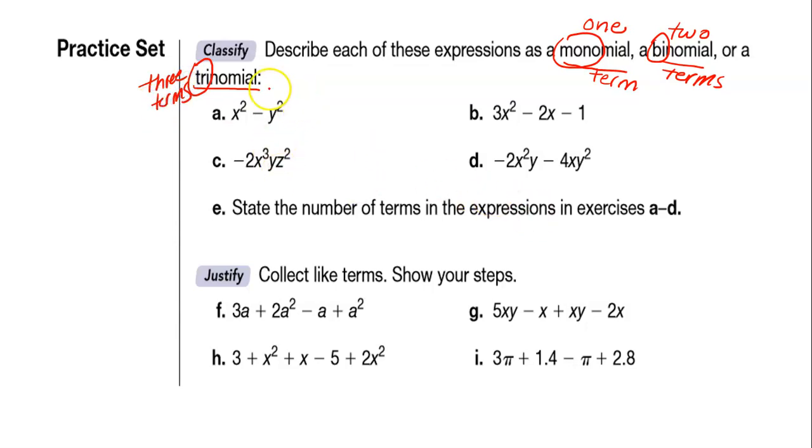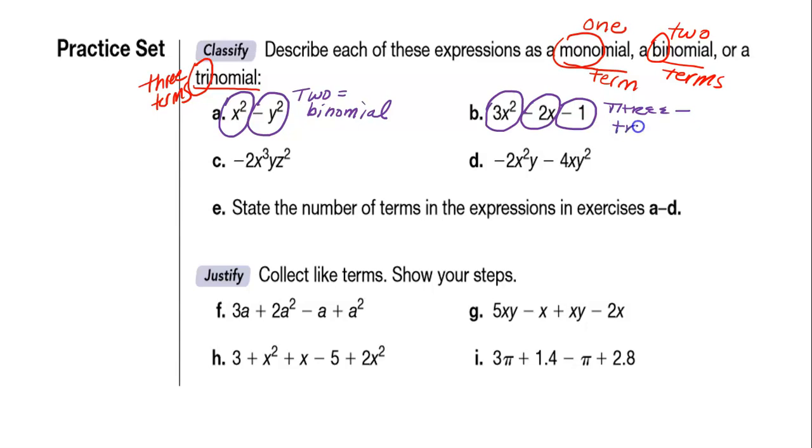So let's take a look at what we have. Let me change colors here. This is a term, and this is a term. So we have two terms, so that would be a binomial. Okay, here we have this term, and this term. You can see that a term is separated by an operation, okay? So we have three terms, so this is a trinomial,